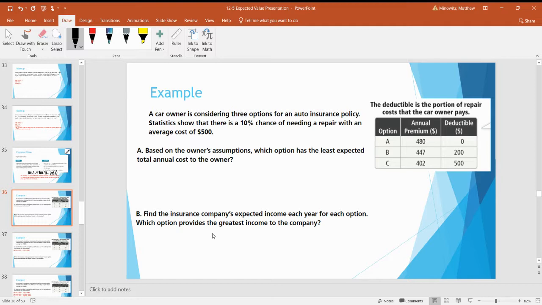Okay, so I'm going to show you how to do option A. And if you need to repause the video because you've calculated expected value wrong, do that. Make sure you understand how to calculate this expected value. So option A,